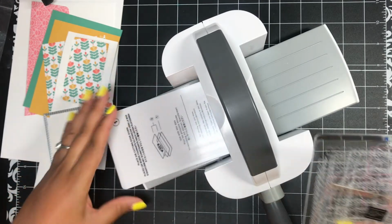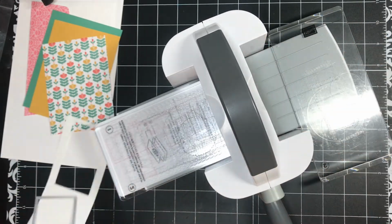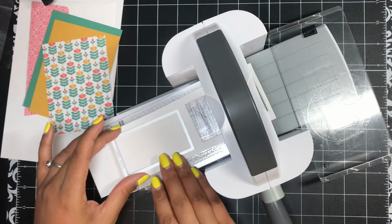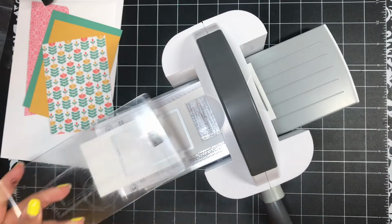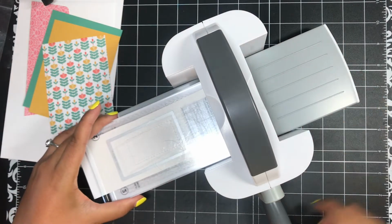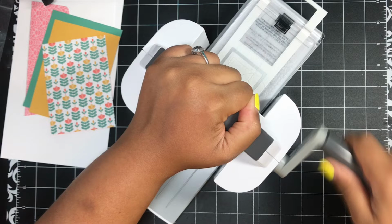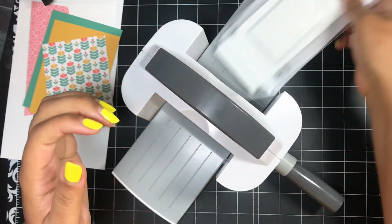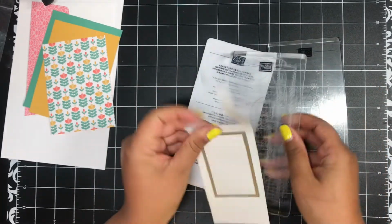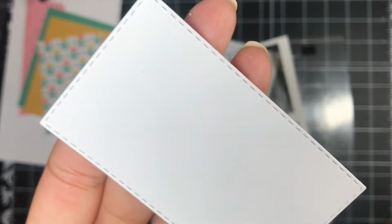All right, so let's put down plate number 1. Then I'm gonna put down this cutting plate since it's the most used. Then I've got my white cardstock. Put my die down, another cutting plate on top, line all that up, and then we can just run this through the mini. There we go. Okay, and then just pop this out, and then you have this beautiful rectangle with the little stitched border all